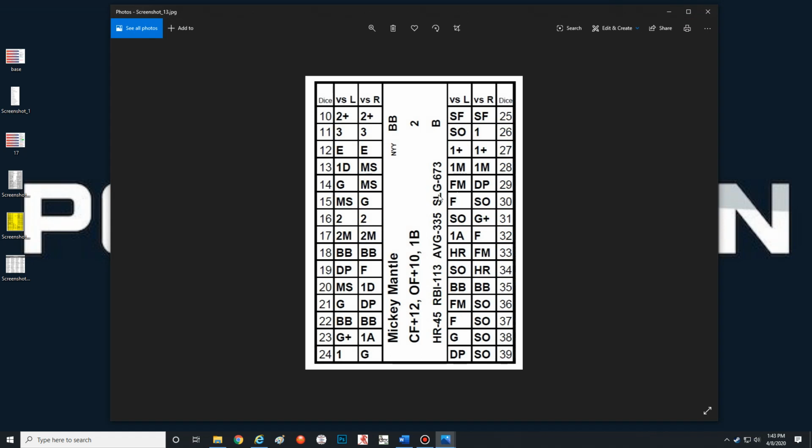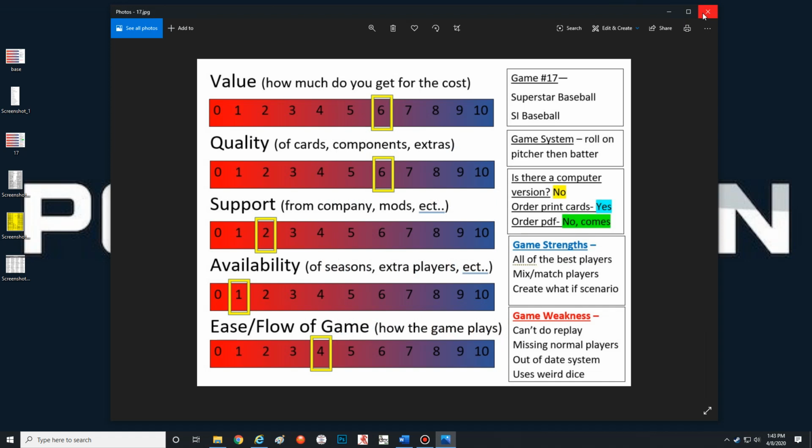The reason I don't rate it any higher than this is because a lot of the stats and everything is sideways on the card. So you're constantly having to either turn your head or turn the card so you can read the information on the side of it. I think the card could have been designed a lot better. So the information might be up here and then have the 10 through 39 below that information, so you're not constantly turning your head. But I think that's the way they designed it originally, so that's the way the person that is still selling cards for this, again, I can't find anywhere else besides like one person on eBay that